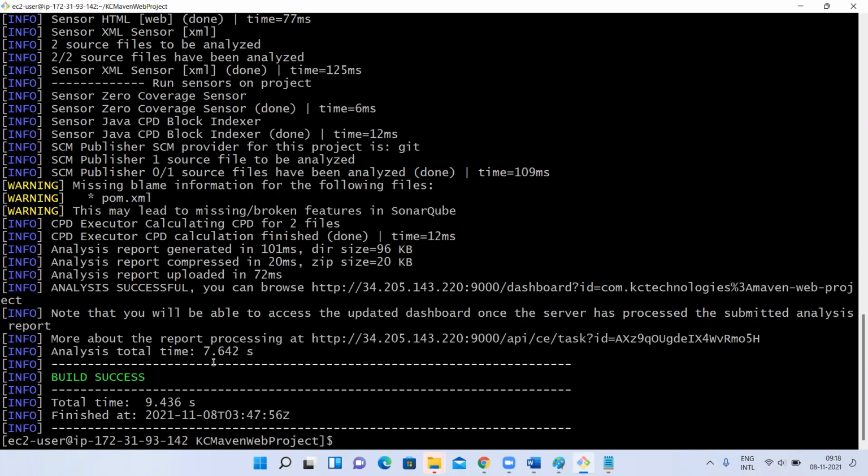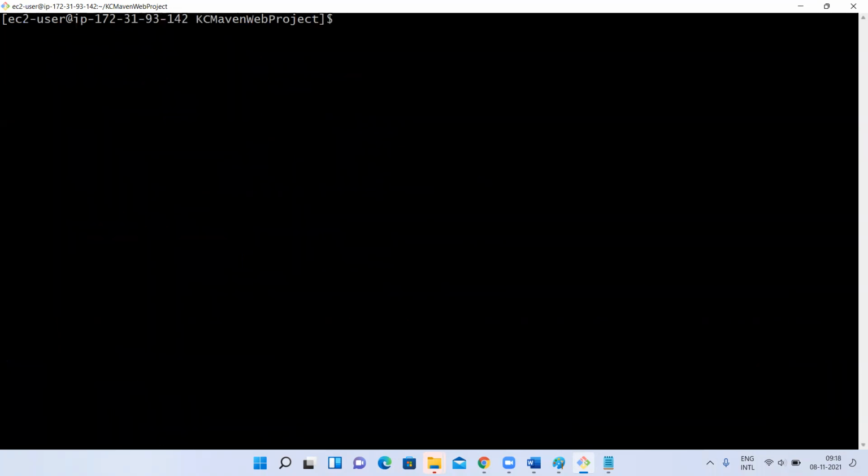Understood, guys? So mvn clean package, if you give it, what will happen? Before package, what do we have? Validate, compile, test, package, right? If I don't want to validate, compile, test, or generate the artifact, and I directly want to scan, okay, no problem.